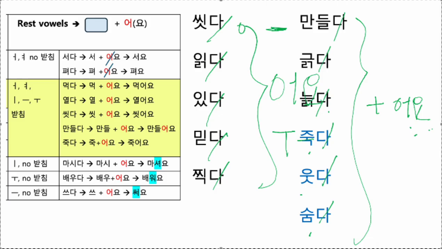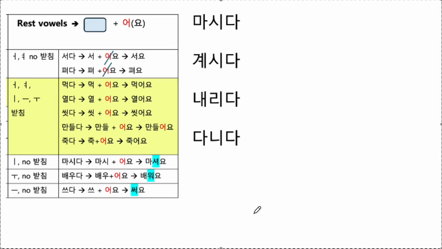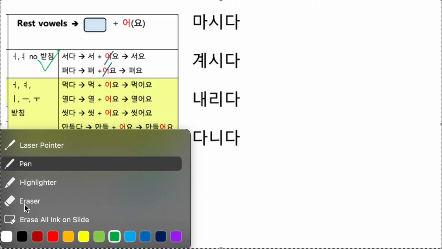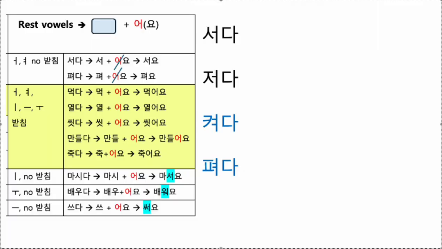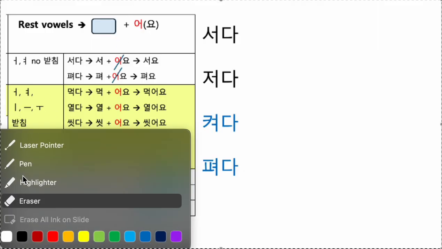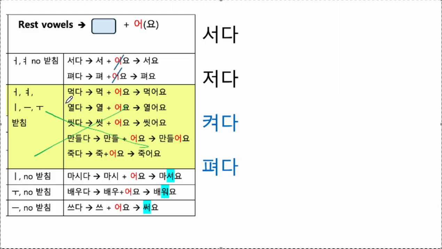Okay? Now let's go to irregular now. So we've done this. No, did we do that? We haven't done that yet. Okay. Let's do that first. Where is this? Okay. So we've done this one right here. We just finished this one. Okay. Now if it's all 여 and no 받침, they're all no 받침, no 받침 left. And so if it's all 여,